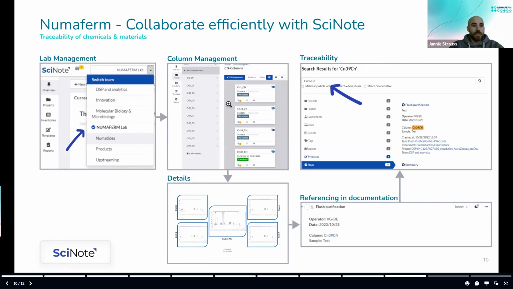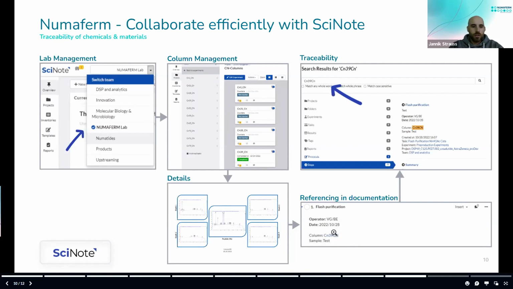And then we simply made an entry for each purification column that we have. And in those, we store the data that relates to each column, for example, performance tests, or if a column needs to be washed. And when we do the experiments, we then go ahead and link the column that was used